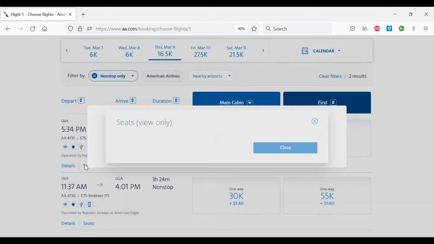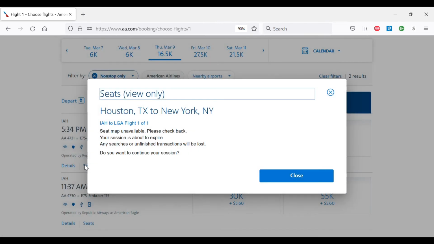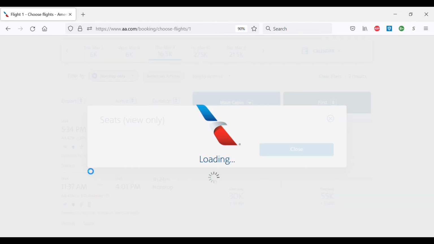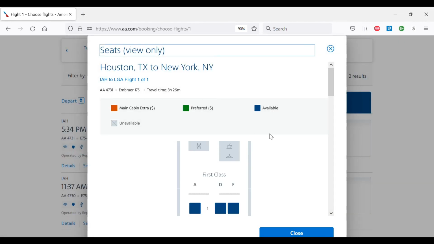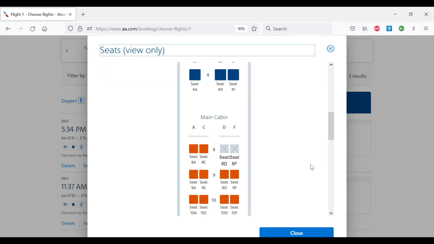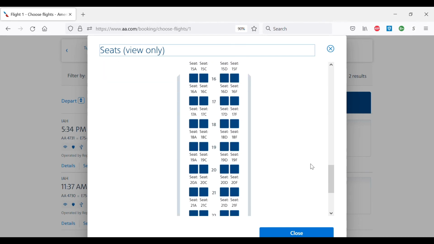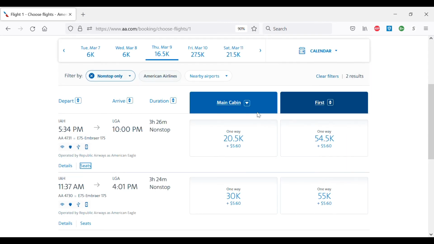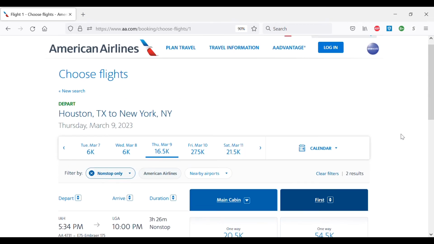I can also take a look at the seats to see how crowded it is. Whoop. It looks like I cannot look at the seats yet. That's interesting. Ah, now it worked. So lots of seat availability. So that looks good. Now, I did this search for one person, and I really want to take my whole family. So I will back up,